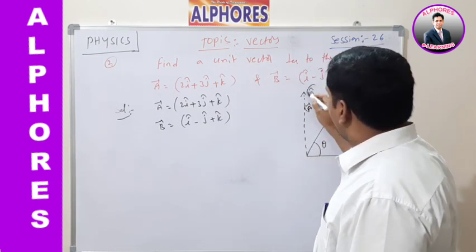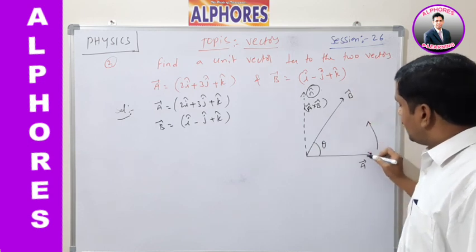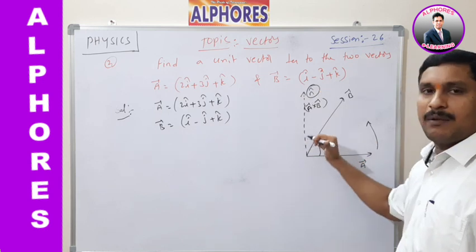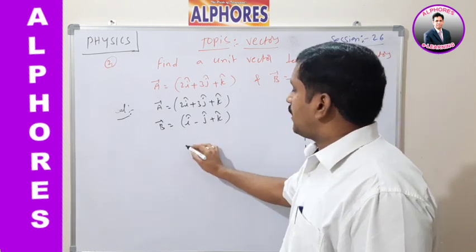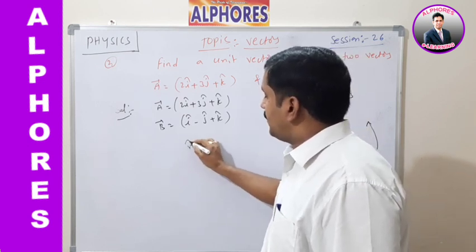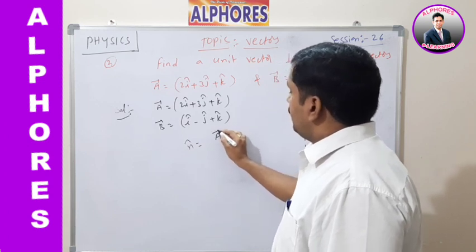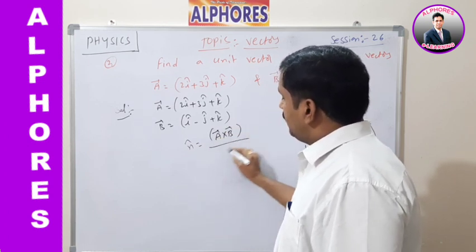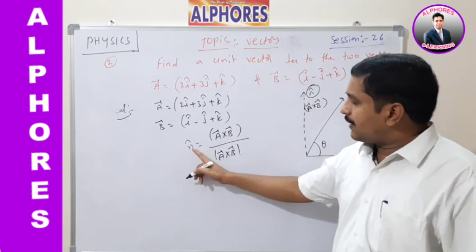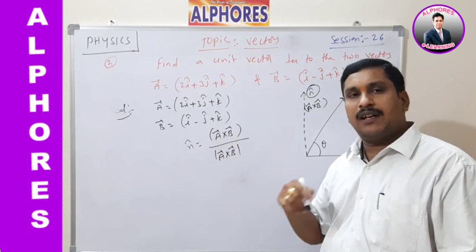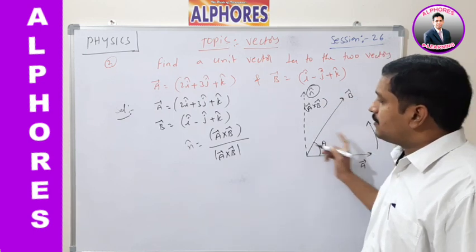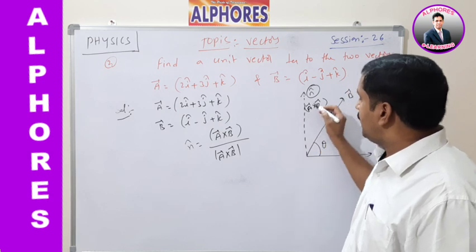Now I have to find a unit vector which is perpendicular to both A bar and B bar, which lie in the same plane of the board, and this n cap is perpendicular to that plane. To find the unit vector, you know already, the unit vector n cap is equal to A bar cross B bar by the modulus of A bar cross B bar. Is it correct? Why? Because n cap is in the direction of A bar cross B bar only. In order to find the vector perpendicular to the plane containing A bar and B bar, this is a unit vector, n cap.